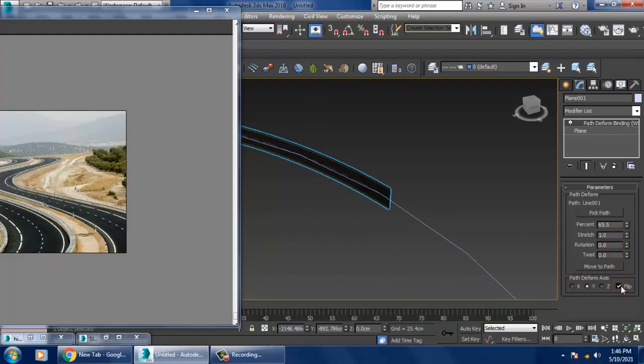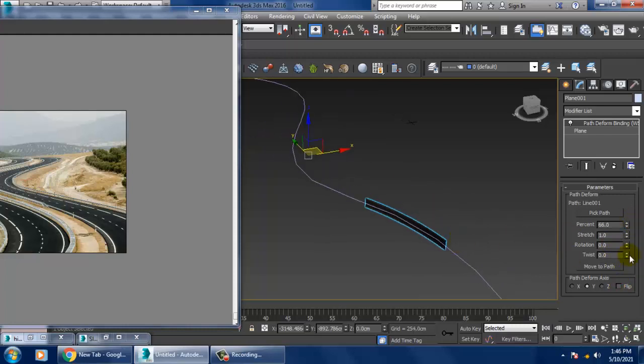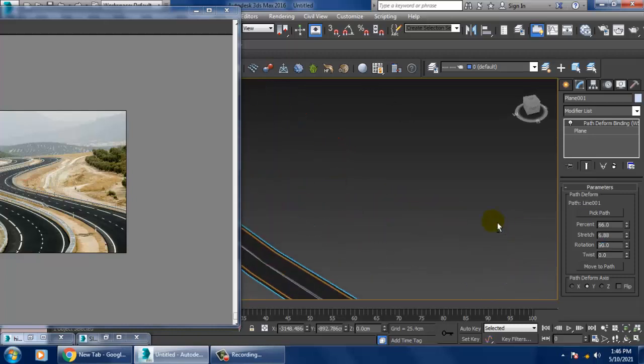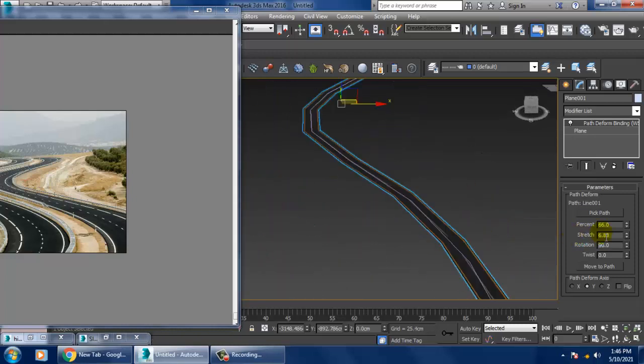Flip, no. Stretch. I can just rotate it. We can reduce the stretch. How much stretch you require, you can do that.